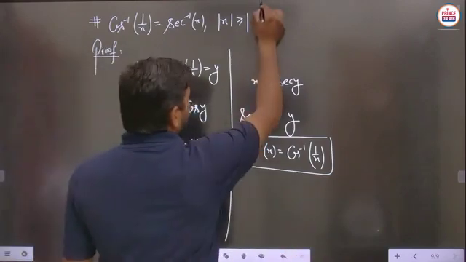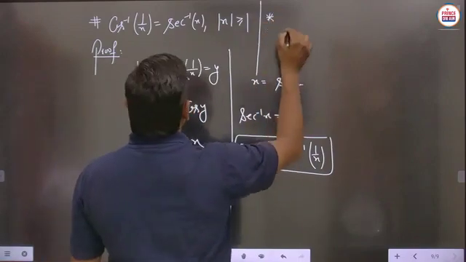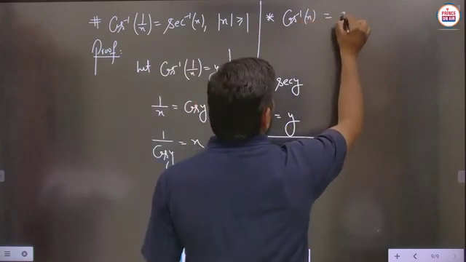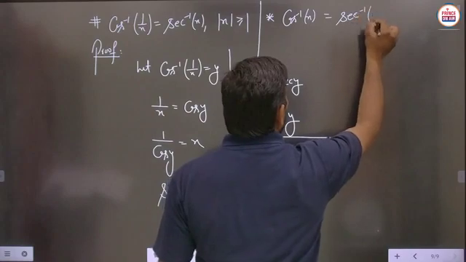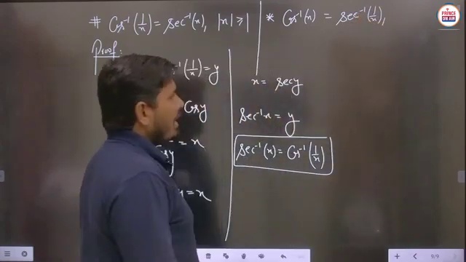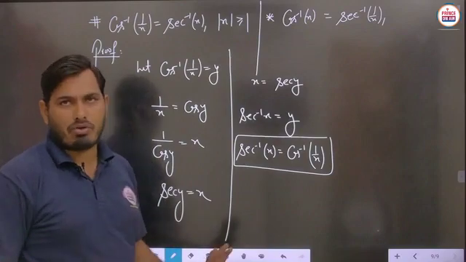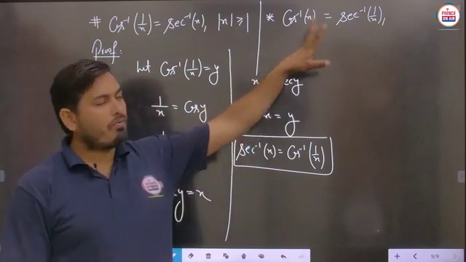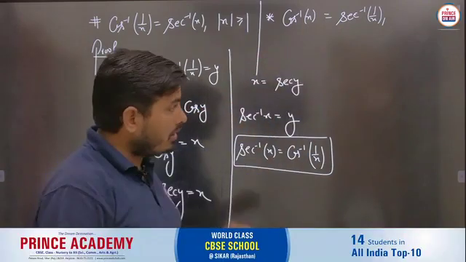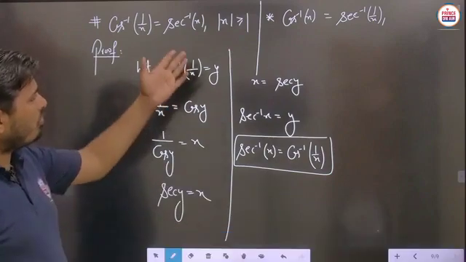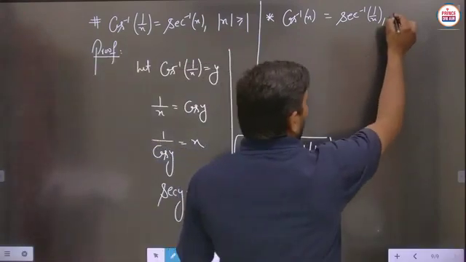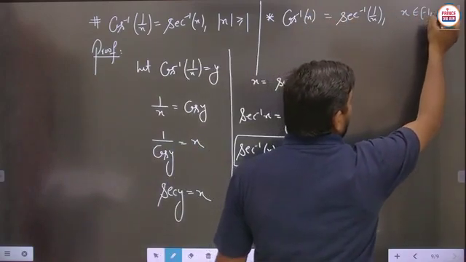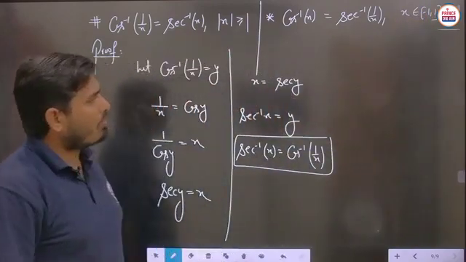Now, one important thing for this part also: sometimes it is written as cos inverse of x, then definitely you can write here sec inverse of 1 by x. But in this case, can you write like this or not? Definitely you can write like this, no problem. And if you want to know the proof of this part, you can check from here. Similarly, you can do the proof of this part, there should be no problem, but the conditions will change. Here we are saying that modulus of x is greater than or equal to 1, then x will become the part of this cos inverse, then you can say that x belongs to minus 1 to plus 1, then this particular property is satisfied.